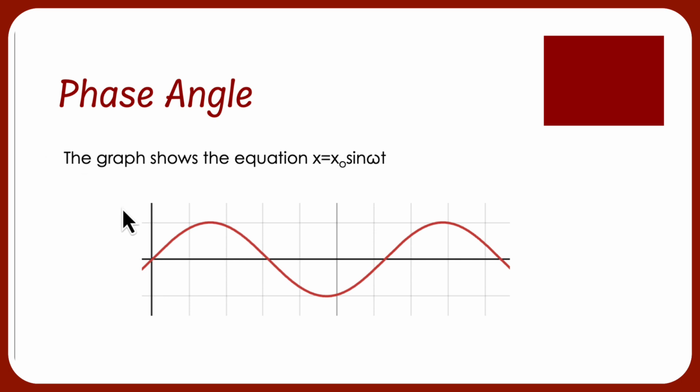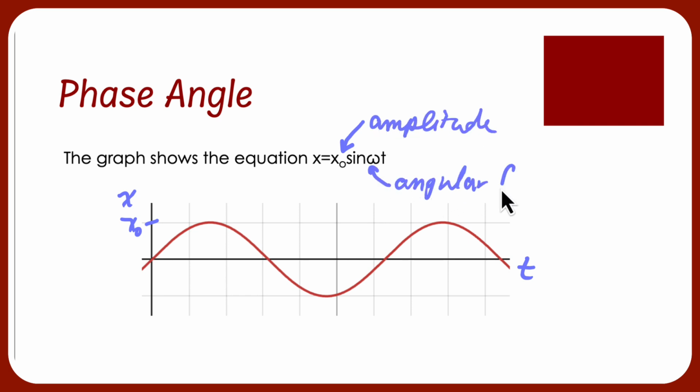First of all, I have a sine curve here. So here's x, here's t. And I've graphed this equation, which means my amplitude here will be x naught. The value written in front of the sine is the amplitude. Now this is our angular frequency. And from my other videos, you should know that that is 2 pi over the period, or 2 pi times